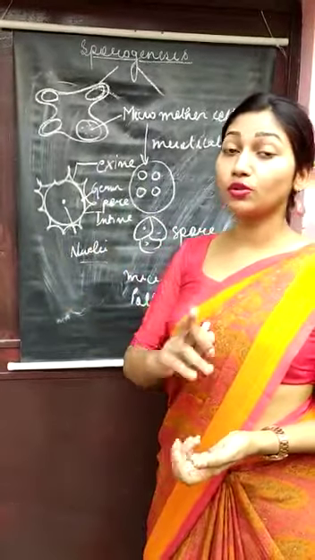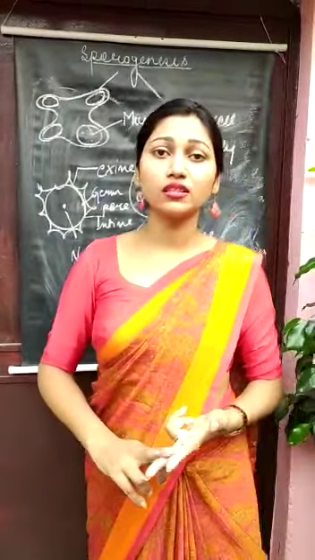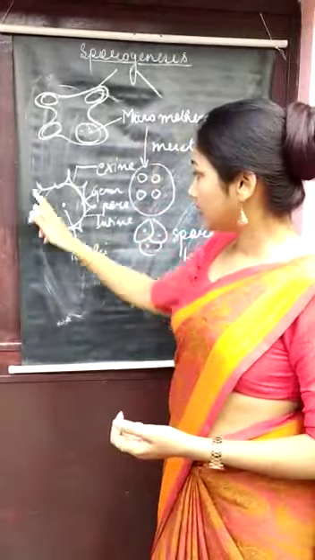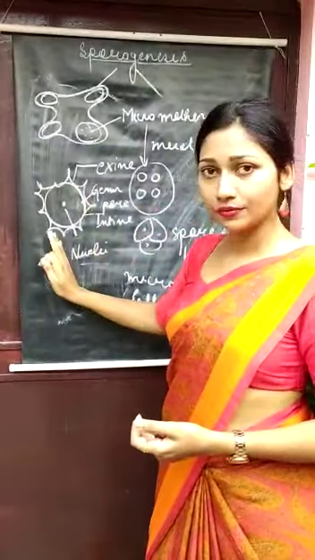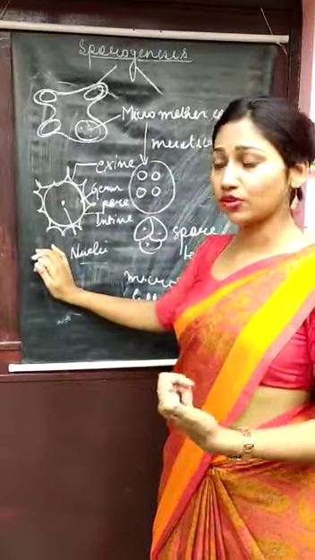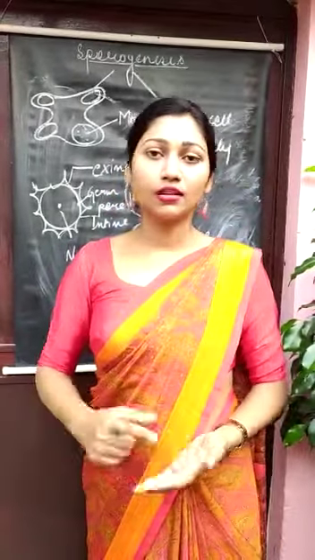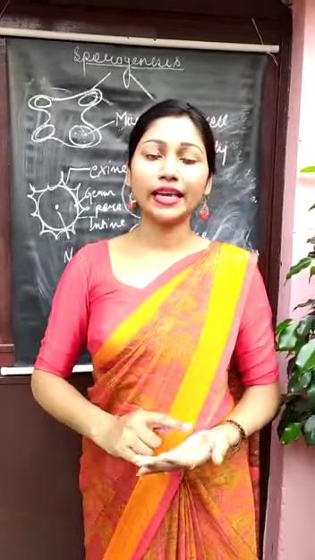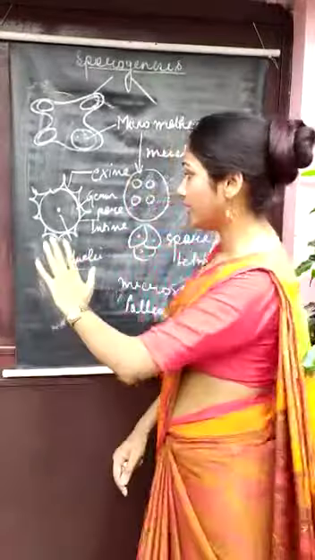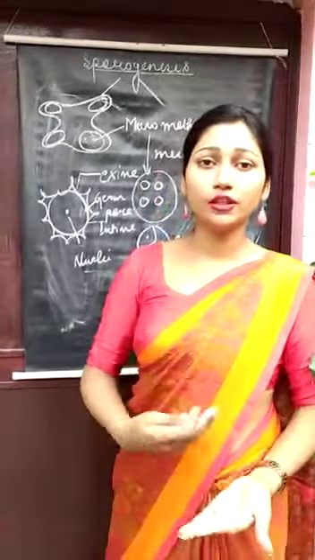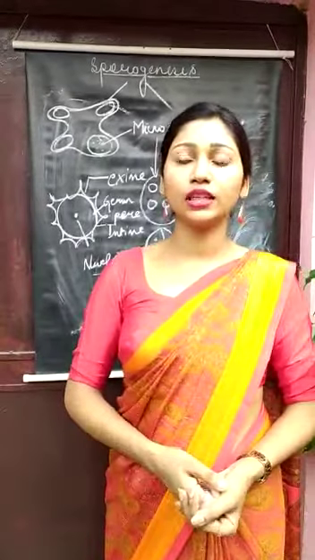After microsporogenesis, don't be confused between microsporogenesis and gametogenesis. A single structure formed after microsporogenesis is called the pollen grain, which behaves as the male gametophyte for the next phenomenon, which is called gametogenesis. So here we will stop with this topic, and in the next lecture we will tell you about gametogenesis, male gametogenesis.